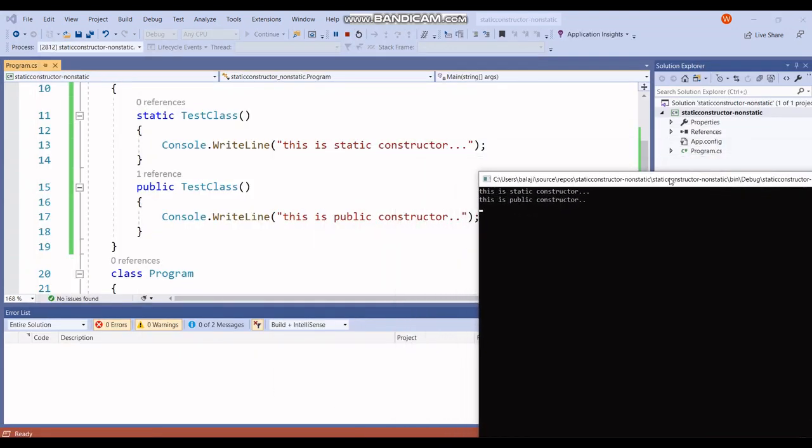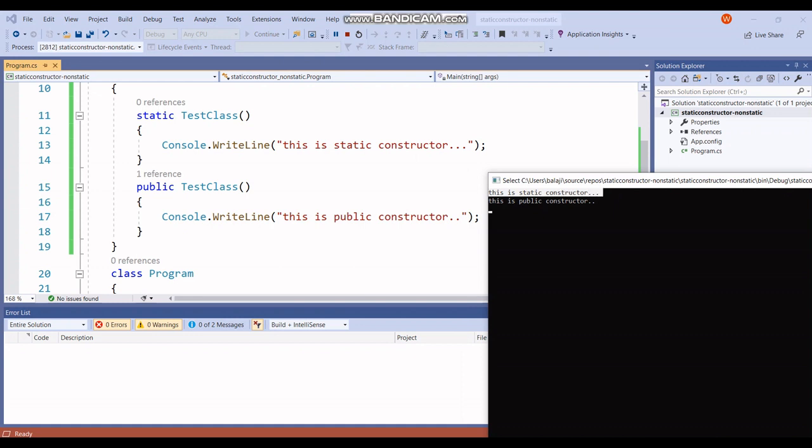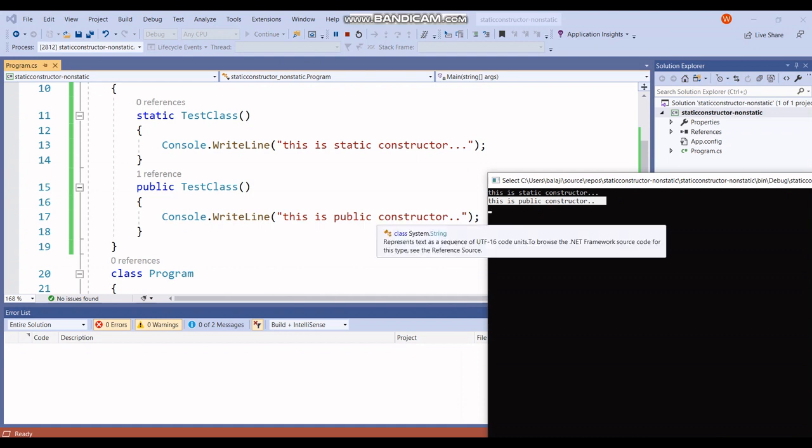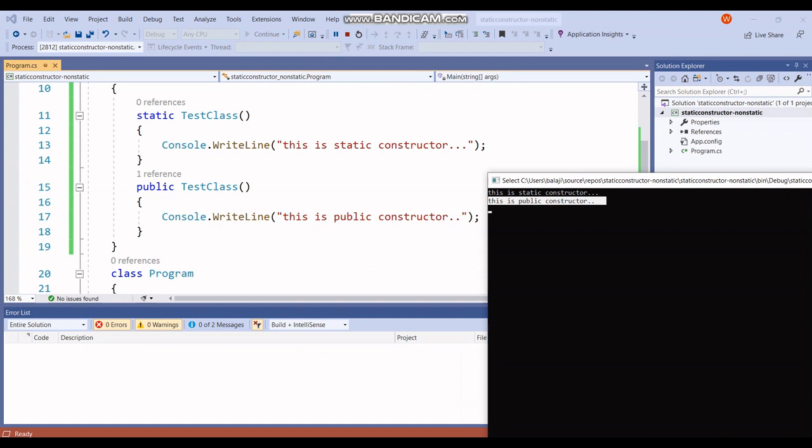Okay, so if you see here, the first call is static constructor, and the second statement that gets executed is public constructor. So as I said, the static constructor executes when the execution of the class starts. And it is the first block of code which runs under the class. Means the very first time the class gets executed, static constructor will get called.